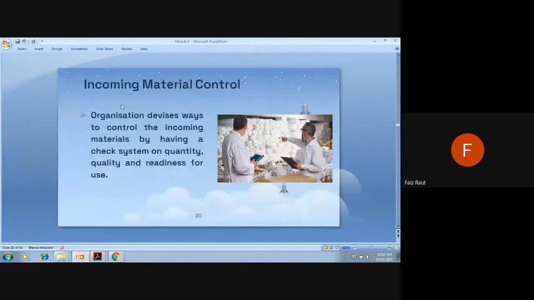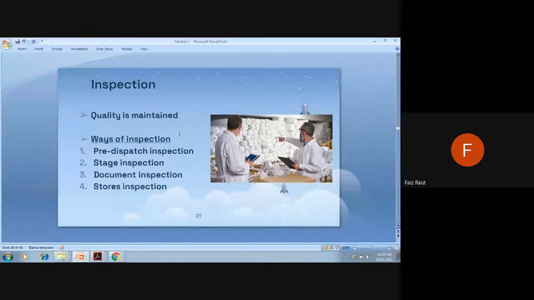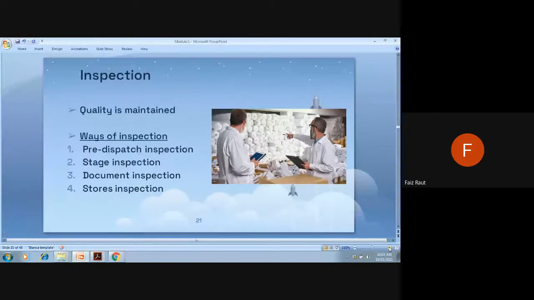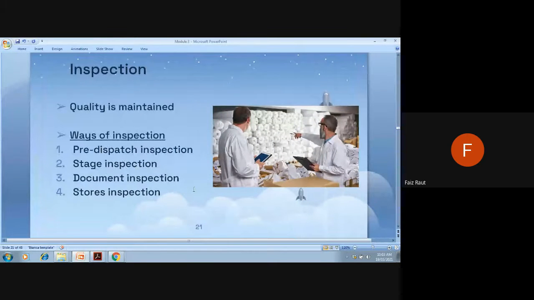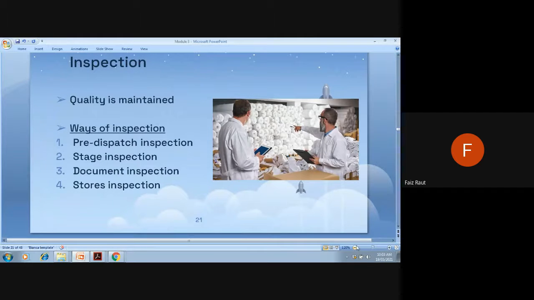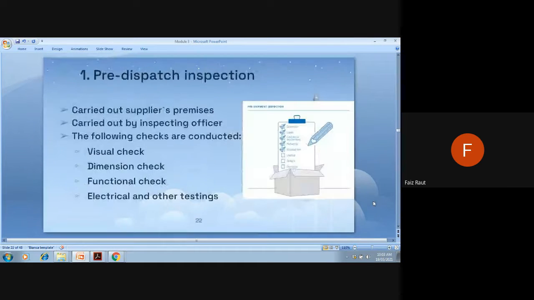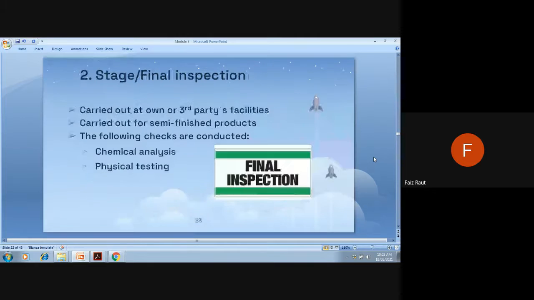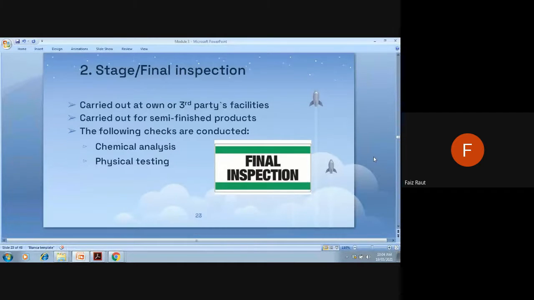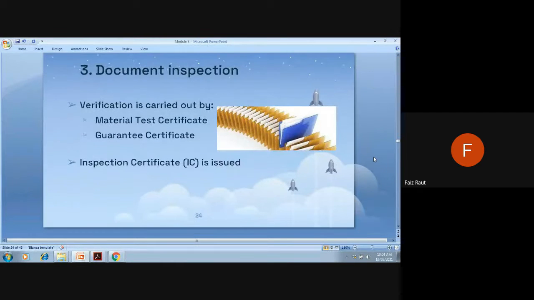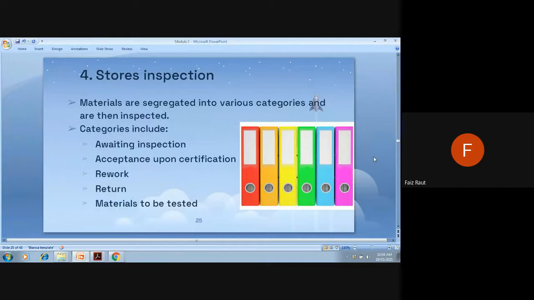We started with incoming material inspection, which is very important and needs to be done. Four ways of inspection we studied. Pre-dispatch, before sending the materials, we'll do an inspection. After the final inspection, before fitting it into our main product, we'll do the inspection. Then documents will be verified. Then stores ka inspection we'll keep on doing